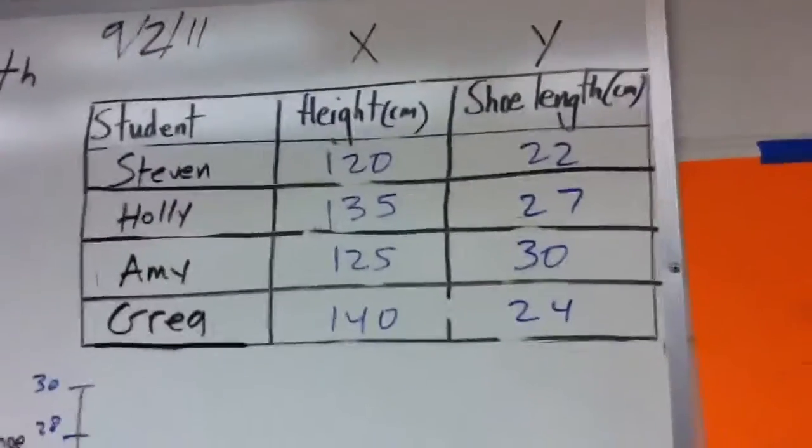Okay, I'm going to quickly show you how to graph the data you just collected. It's not going to be a bar graph. It's actually going to be like a scatter plot graph, and you'll see why. So I just threw in some random numbers up here for people's height and shoe length, and I've already set